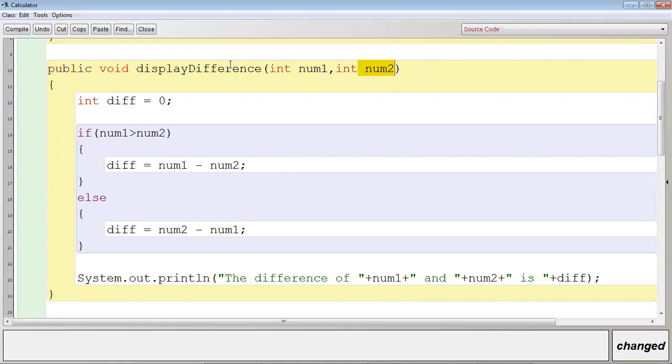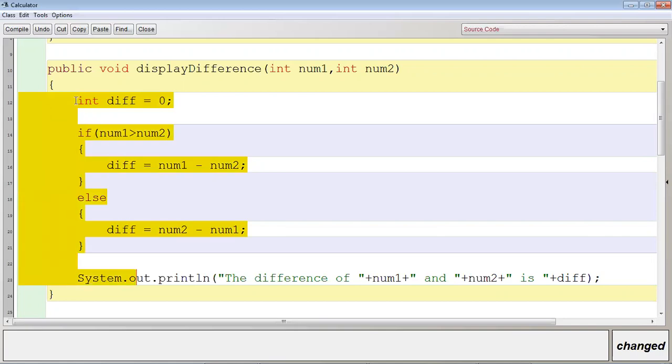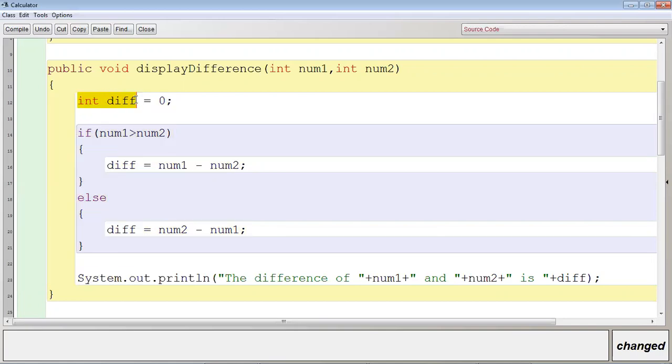So what I have done here, I have declared a local variable diff and assigned a value 0 to it. See, it is a standard practice. The variable is a local variable. Local variables are those variables which are declared within the body of the method. So I have declared the diff variable within the body of the method, so I should initialize it with a default value. Let me give 0. Now, why have you given 0, sir? Just like that only.